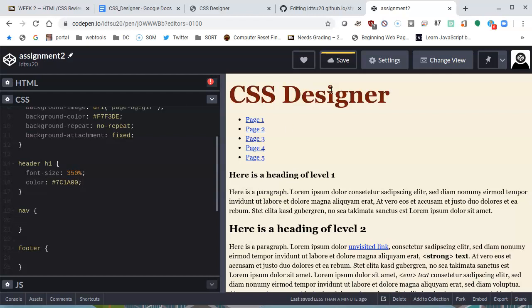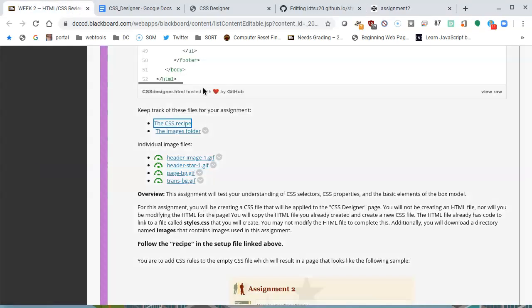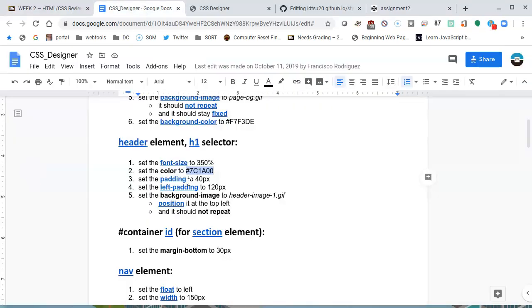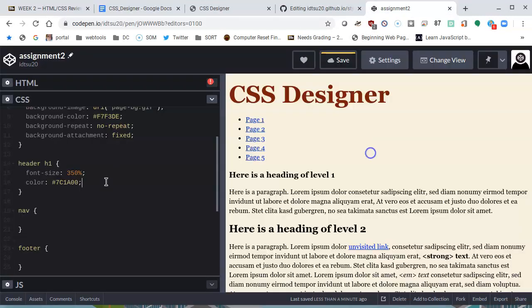It's going to be this reddish that it has now. I'm moving on to the next line and seeing the next thing in the recipe. The padding will be set to 40 pixels and the left padding will be set to 120 pixels. There's multiple ways of doing this, but the easiest way is to just follow, at least for now, what the recipe says. It says to assign the padding in the header to be 40 pixels, so padding colon